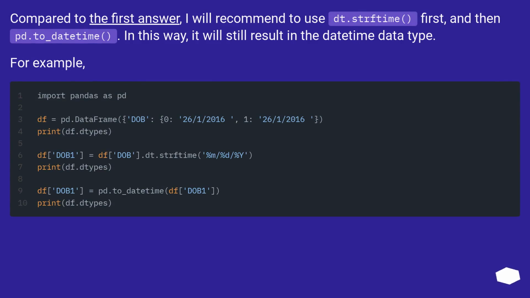Compared to the first answer, I will recommend to use dt.strftime first, and then pd.to_datetime. In this way, it will still result in the datetime data type. For example,